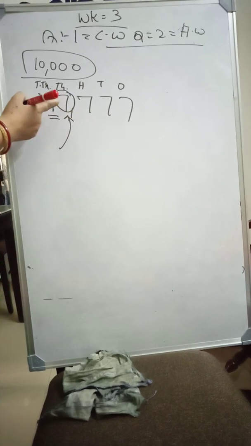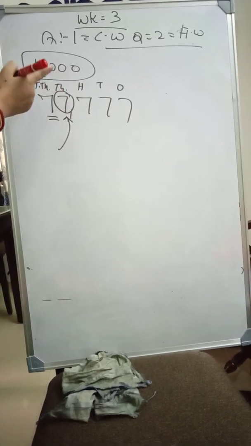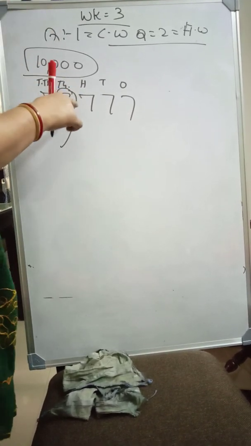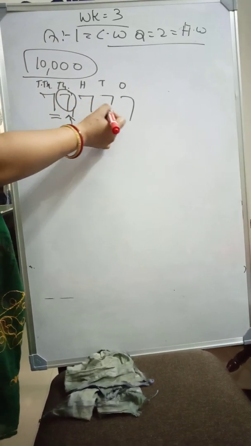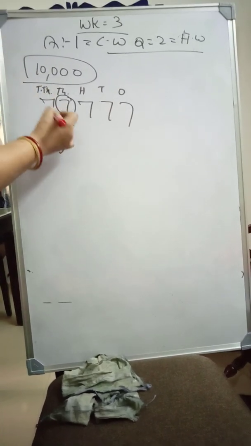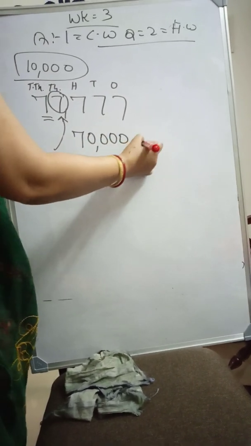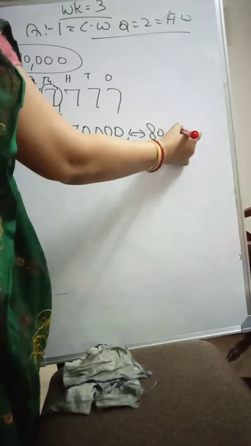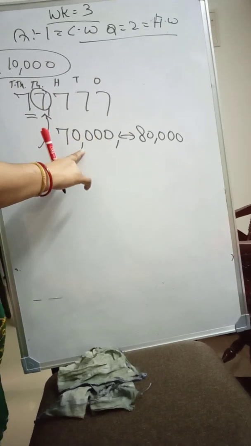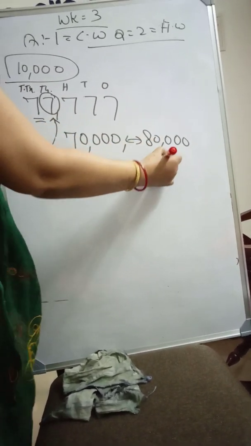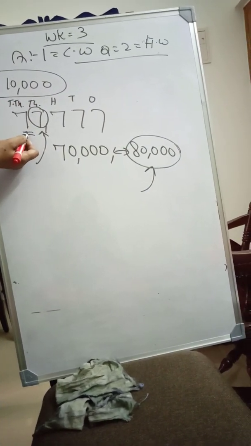देन यू हैव टू लुक एट द डिजिट एट द 1000 प्लेस. अब जो ये डिजिट 7 है वो 5, 6, 7 और 8 and 9 में आता है. When the digit comes in between 5 to 9, then we have to round off to the nearest multiple of 10,000, which will be more than 77,777. पहला पॉइंट. दूसरा पॉइंट है ये 77,777 वो किसके बीच में है? 70,000 और 80,000 के बीच में है, ठीक है। दूसरी बात, तीसरी बात है ये 77,777 किसके नज़दीक है? 70,000 के नज़दीक है कि 80,000 के नज़दीक है? 80,000 के नज़दीक है.